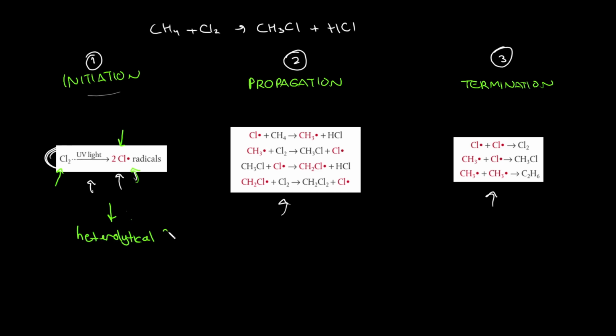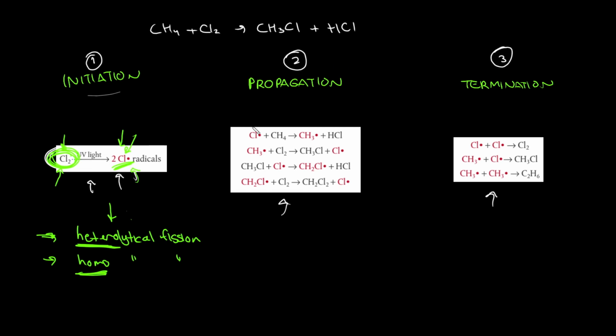heterolytic fission and homolytic fission. The difference between these two is that heterolytic fission takes the bonding pair in this Cl2 and moves both electrons onto just one atom. So then it gives you a positive and a negative ion. You can remember this since hetero means more than one, so more than one type of element or molecule is being created. Whereas in homolytic fission, the electron pairs get split equally so that it makes two equal